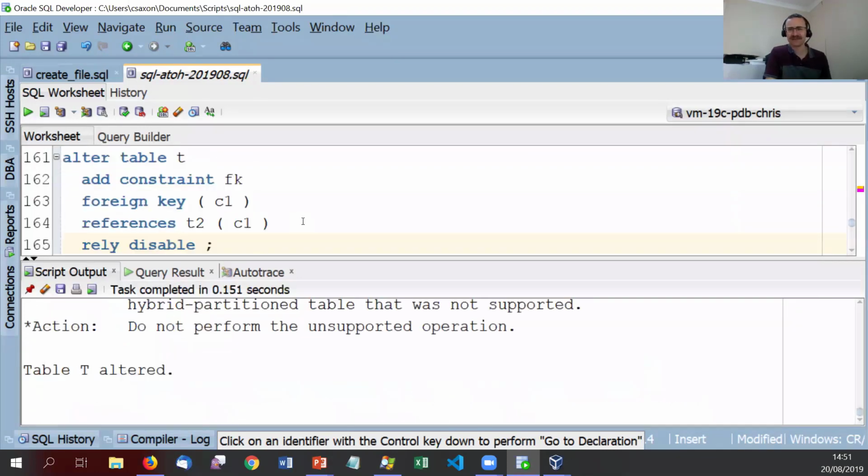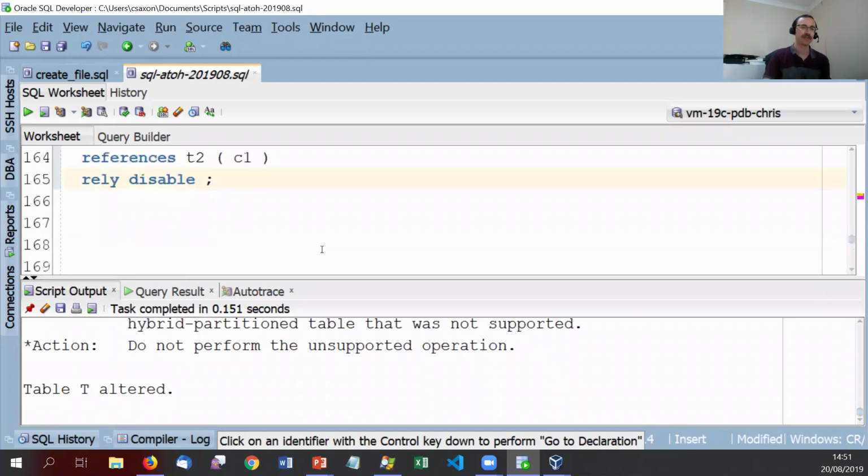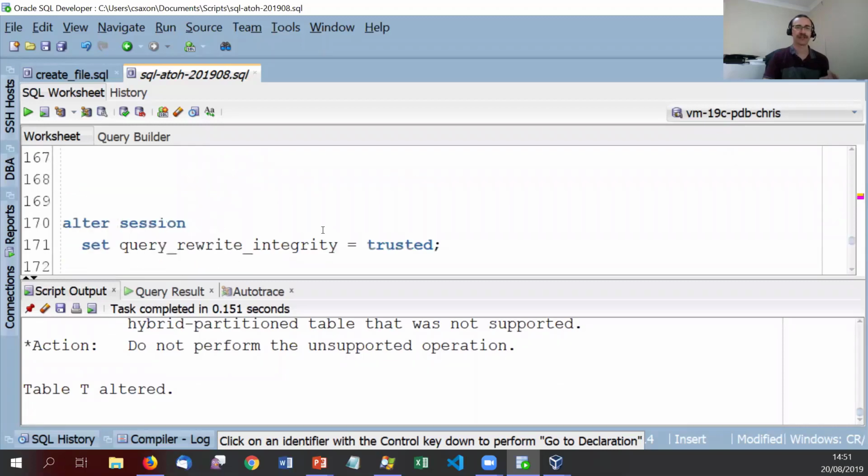And you might go, well, what's the point in creating foreign keys like this that we can't use? Well, a couple of things. First up, it helps document your database. People can then see the relationships which do exist. If they're generating schema diagrams from your database using Oracle Data Modeler or something like that, they can see which relationships are actually there. And it's not just that coincidentally the columns have the same name, but also the